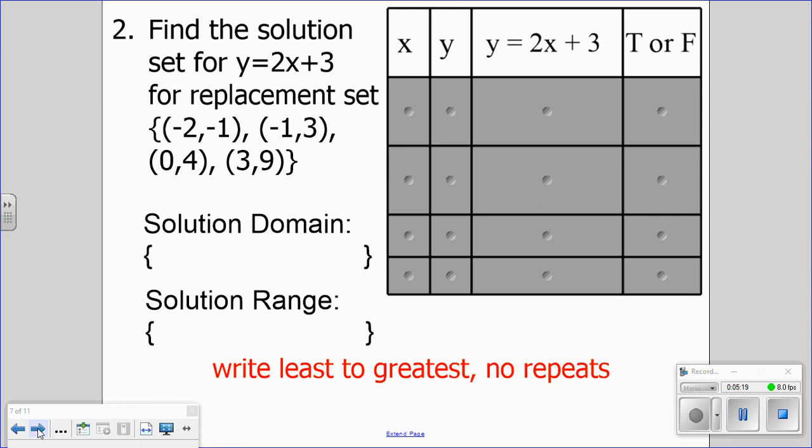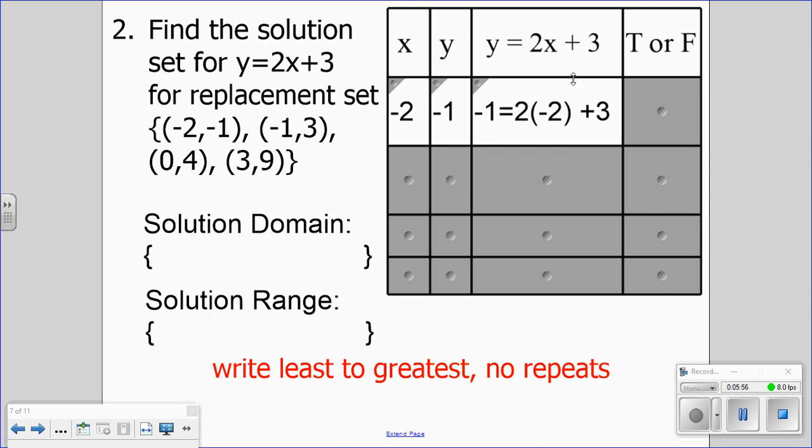aside from being able to write the equation for a relation, we want to be able to identify solutions when we're given an equation. So here we're given the function y equals 3x plus 3, and we're given some points: negative 2, negative 1; negative 1, 3; 0, 4; and 3, 9. We want to make sure that these are solutions to our function. So if we substitute in the first point of negative 2, negative 1, putting in the negative 1 for y and the negative 2 for x,